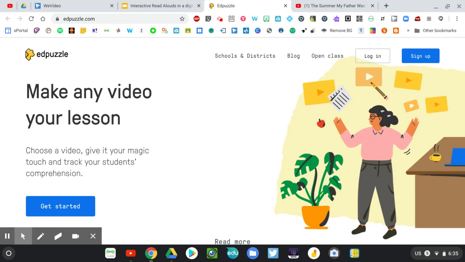Today I'd like to teach you about an interactive application called EDPUZZLE. EDPUZZLE is an application that allows you to create lessons based on videos that you've made yourself or videos that you found online. The first thing you're going to want to do is create your EDPUZZLE account by clicking the Sign Up button. Go to edpuzzle.com